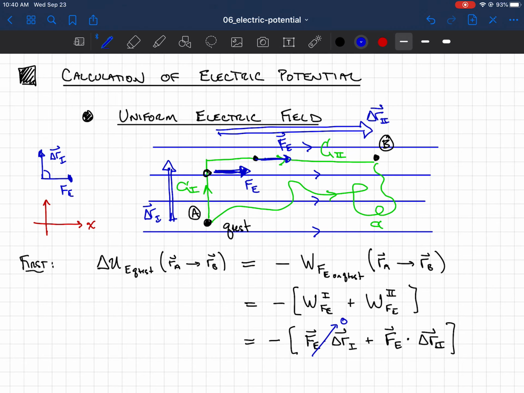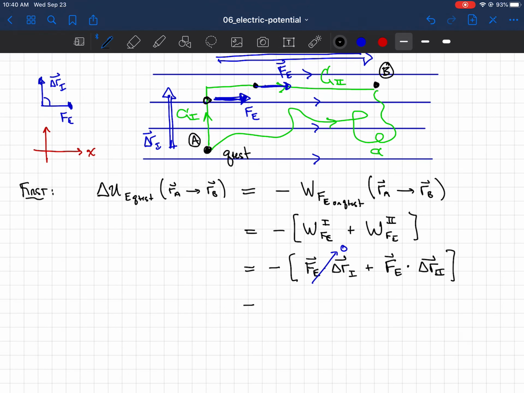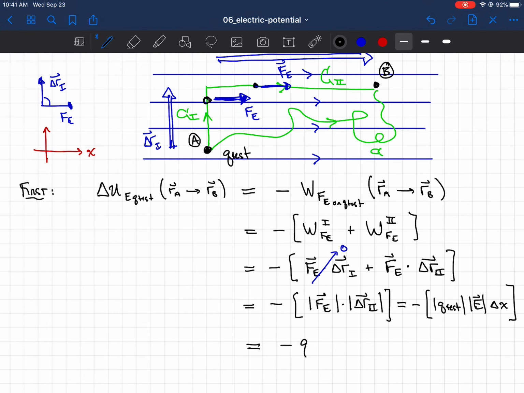delta R2. So those things have a 0 angle between them, so we get the magnitude of the electric force times the magnitude of delta R2 times 1, the cosine of 0. That becomes minus the absolute value of Q test times the magnitude of the electric field times delta x here. And it turns out that the expression could actually just be written as minus Q test magnitude E